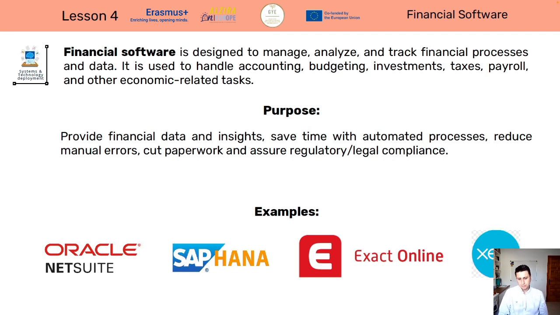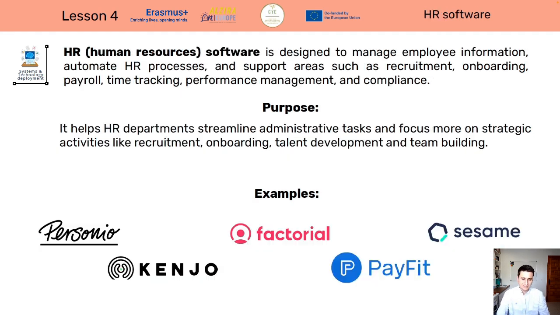Okay, some examples: Oracle NetSuite, which could be integrated with the Oracle ERP suite, SAP Business One, SAP HANA, SAP R3. They are ERPs, but they have their own financial software vertical or solution. Then you have another ERP manufacturer, which is Exact, which has a specific financial software called Exact Online. They also have Globe, and there is also Share among hundreds of financial software. Okay, also Sage or Seiji.